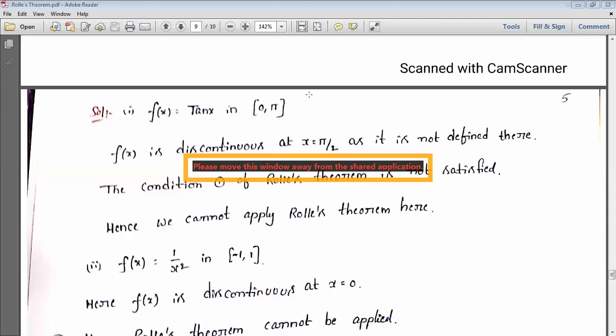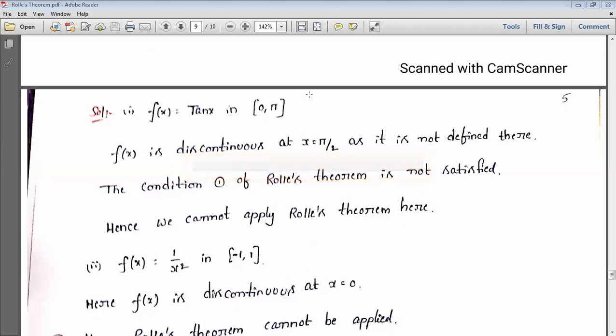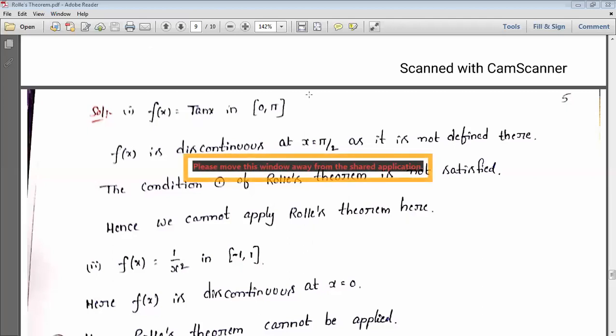And don't think that wherever you get tan x, it is not continuous. Don't just look at the function here. The important thing is 0 comma pi. All the points must pass, that is the important one. If even one fails, then obviously the entire interval does not pass. So when you are applying, analyze that. Here the important thing is the interval, not the function. Based on the interval only we can define whether it is continuous or not.